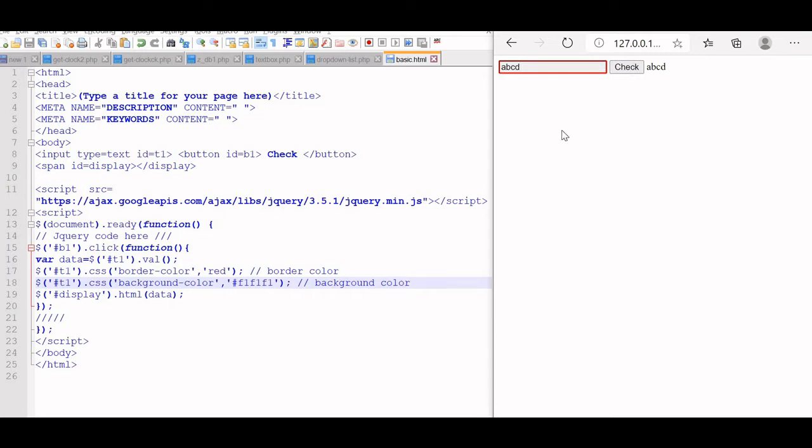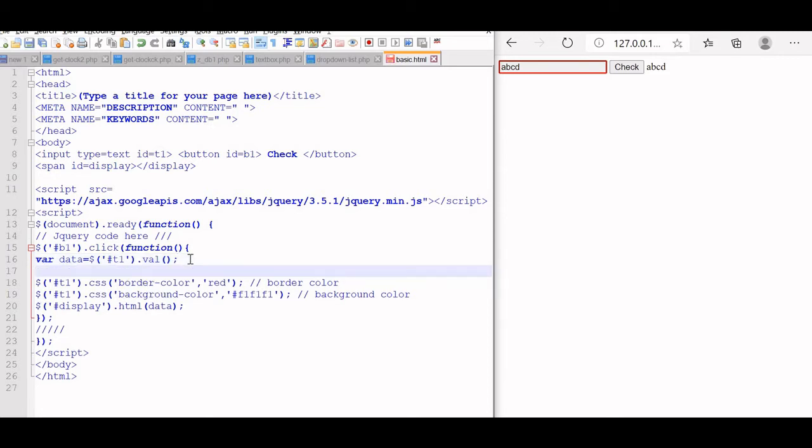You can change to any other color if you want. We will change this a little bit. So we will now check the length of the data entered by the user. If the data entered is more than 3, then only we'll make the colors green and some other color. If it is less, then we'll change the border color to red. So that is a way we can show the error message. If data length, that will tell us the length, is less than or equal to 3. So this is the condition we are putting.